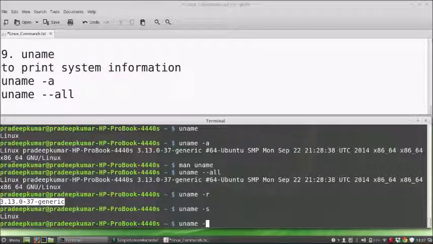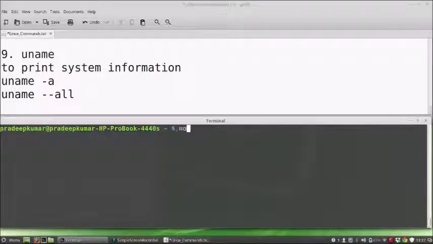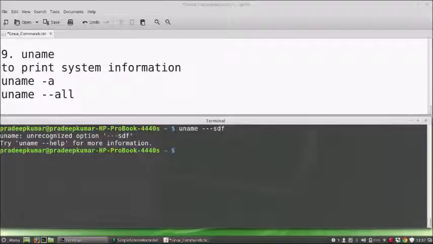Uname -p shows what kind of architecture. I have a 64-bit operating system, so it shows x86_64. If you are using a 32-bit operating system, it will show you i686. And if you do something wrong, it will show an error: unrecognized option.